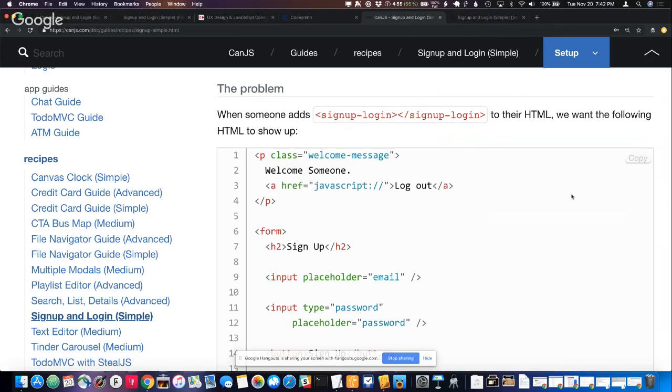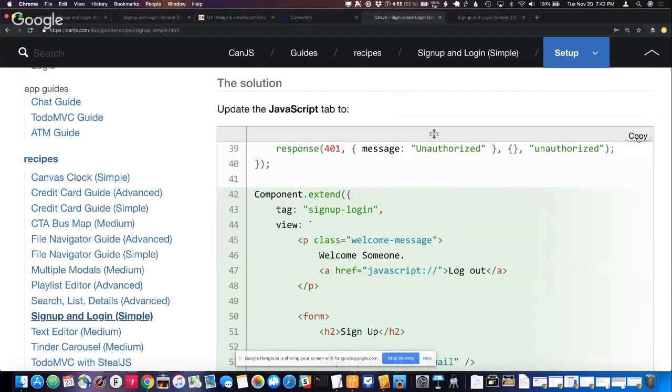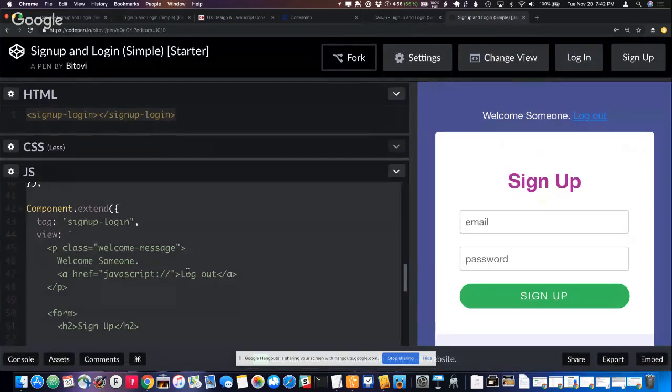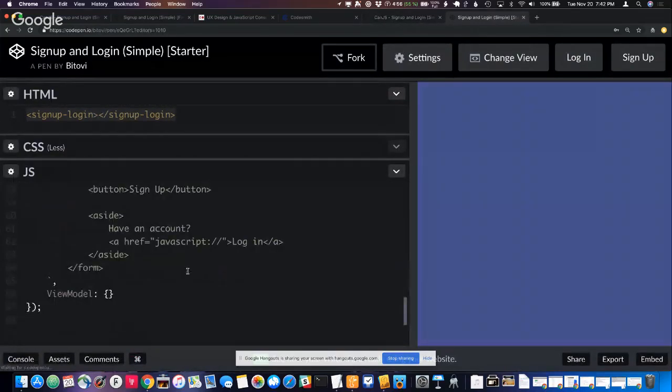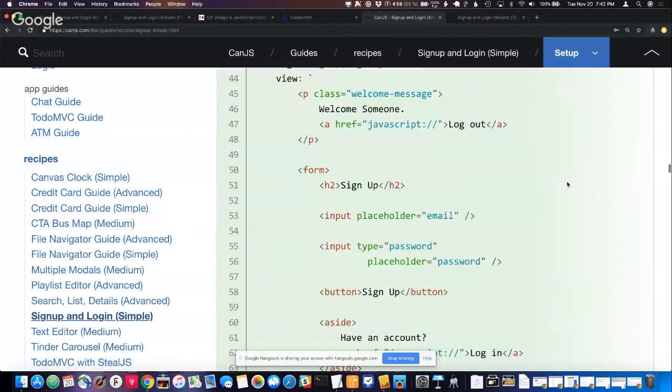And I'll say, at the end of all of these sections, there is a solution section. I'm always going to copy all of the code from there and replace what's in the JavaScript tab. So just delete whatever you have, paste in what you copy from the solution, and then we'll all be on the same page going forward. I'm going to do that too, because I'm sure as we're hacking on stuff, there'll be minor differences between how we name stuff or whatever. So cool. Next